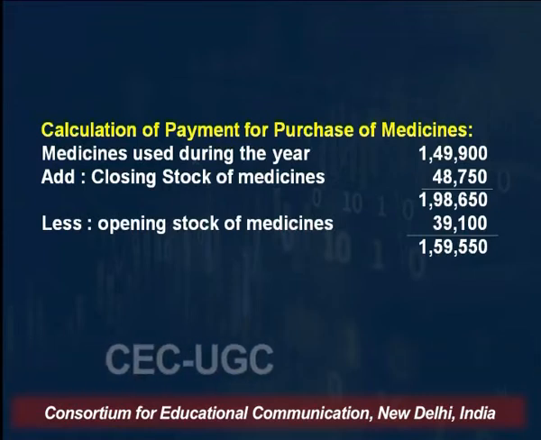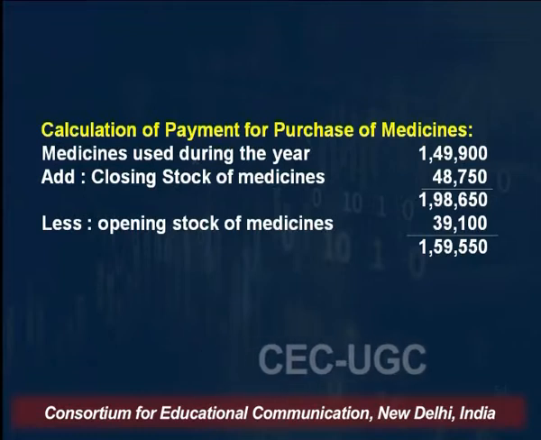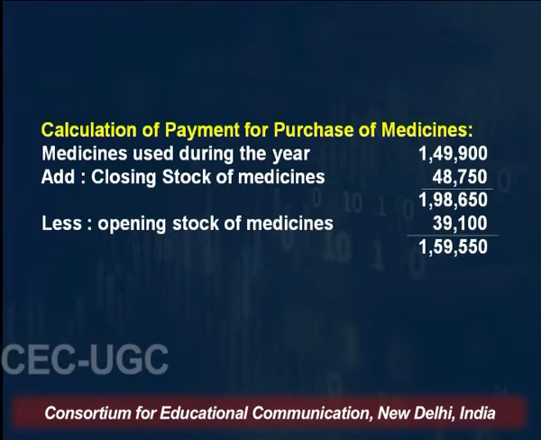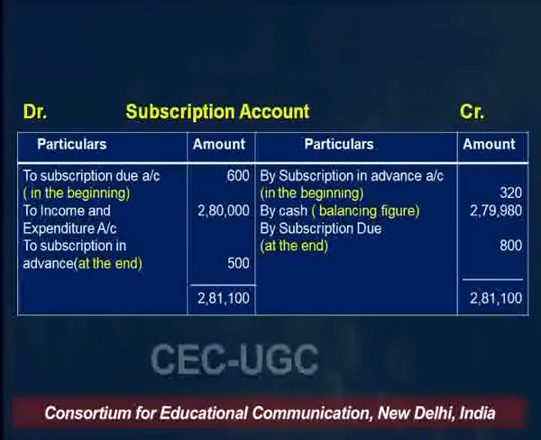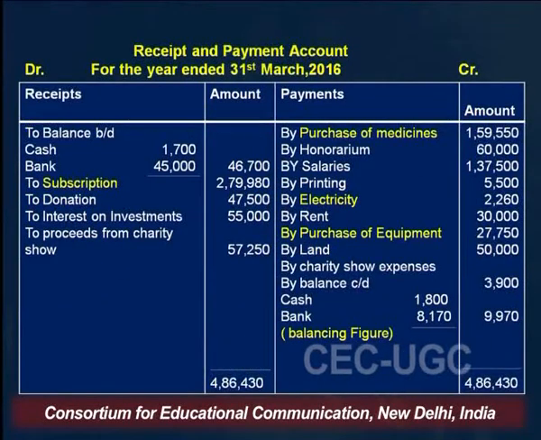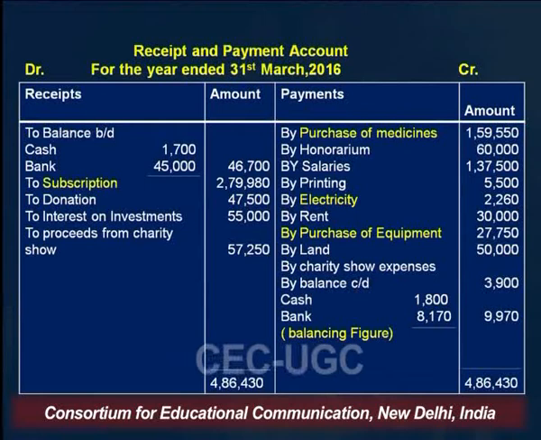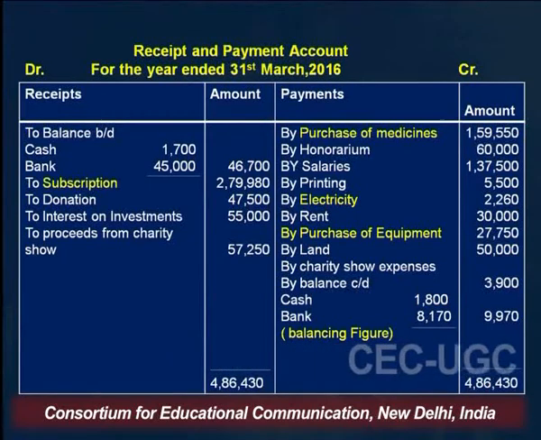The closing stock has to be added here, and the opening stock for medicines has to be deducted here. The net amount, 1,59,550, has to be shown on the payment side, because this is the actual amount which we have paid for the purchase of medicine. Similarly, we will calculate the remaining items highlighted here: